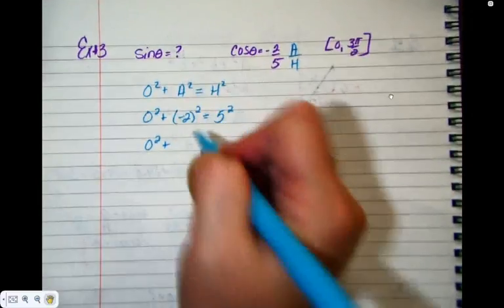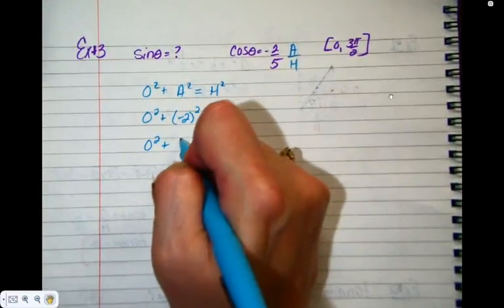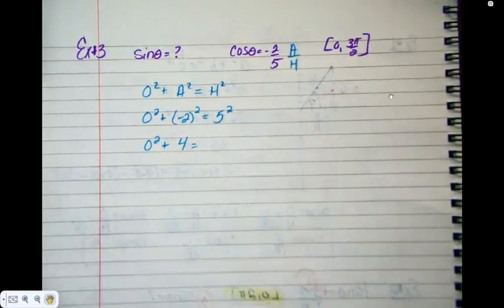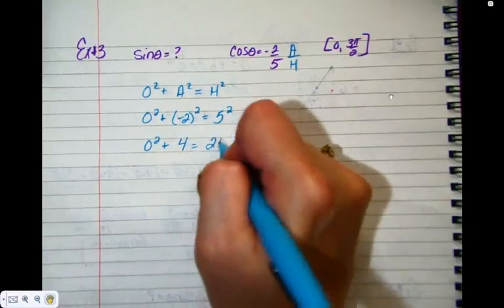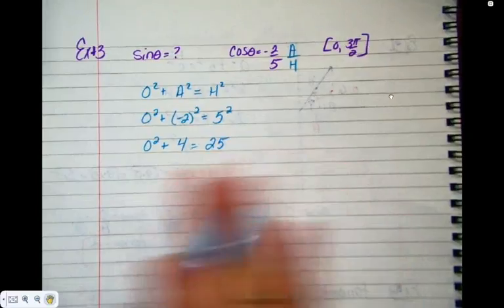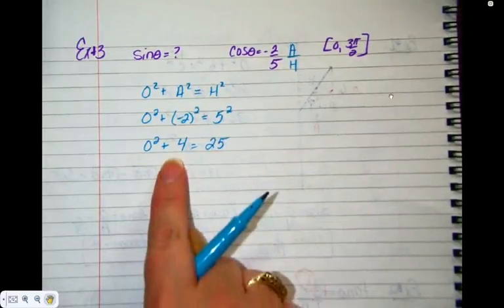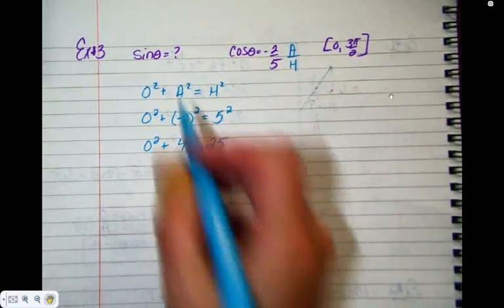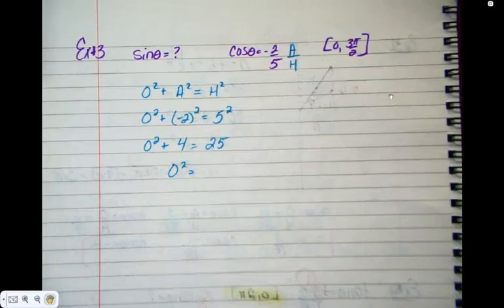Audience participation welcome. 5 squared? This is just an equation. We're going to solve it like we solve all equations. What's the opposite of adding 4? Subtract 4, so O squared equals